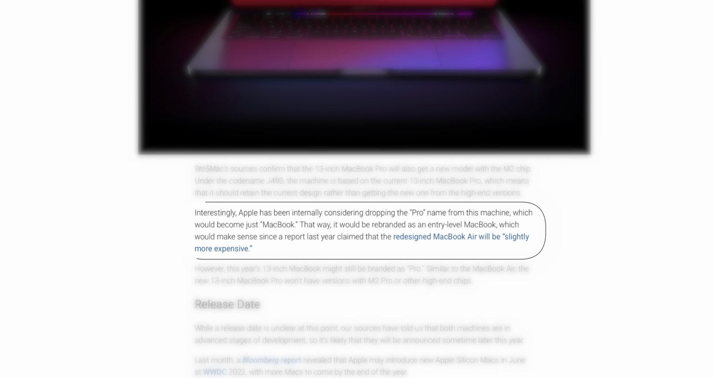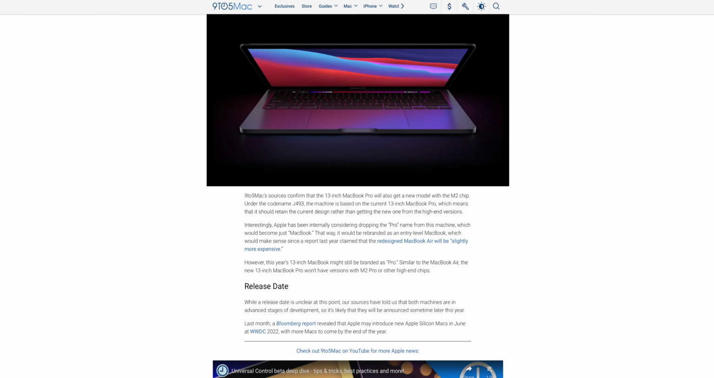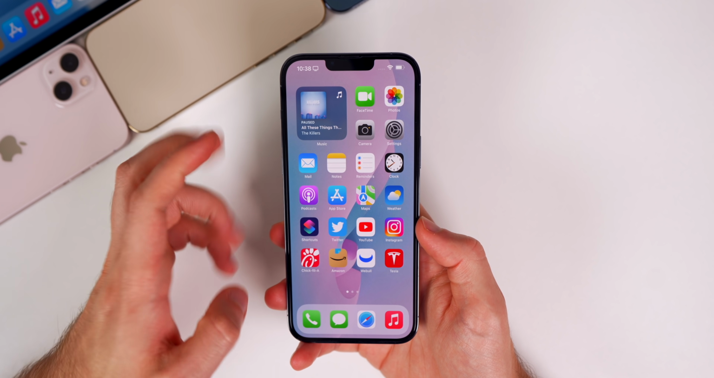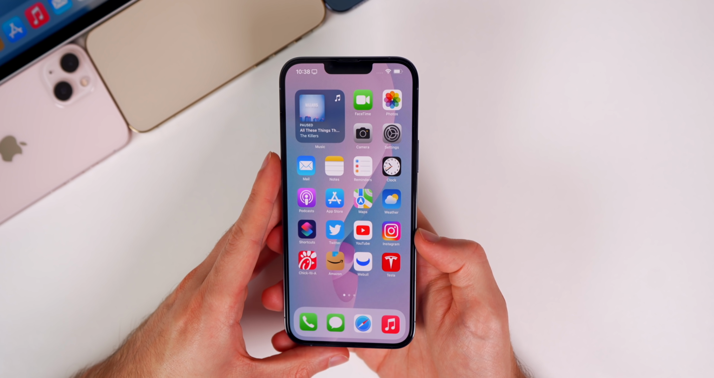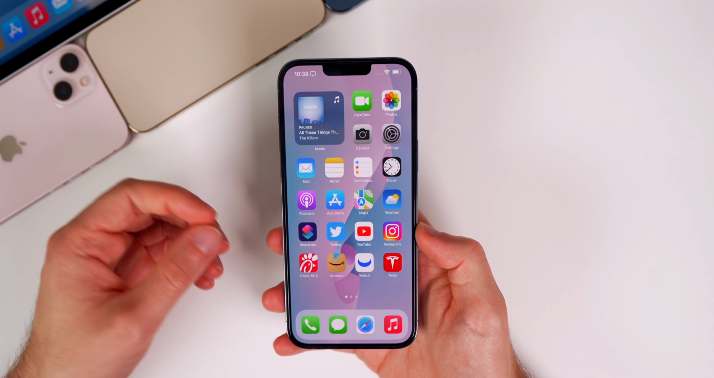Another interesting tidbit is that Apple's been considering dropping the Pro name from the MacBook Pro, which would make it just MacBook. So that's interesting, and I'm sure this has to do with the new Mac Studio coming out, and it's just going to be really confusing having all these different Pro and Studio names out there. So I think Apple's going to try to make it a little bit more simple